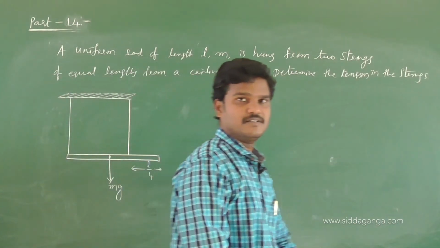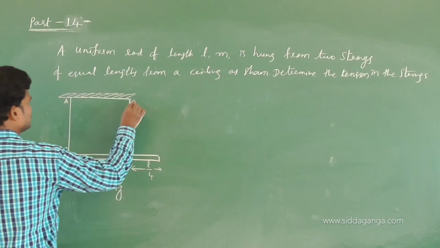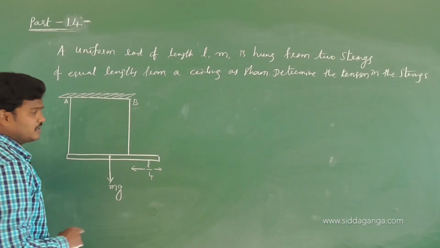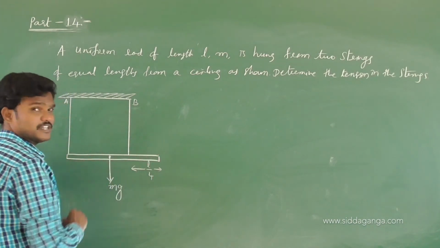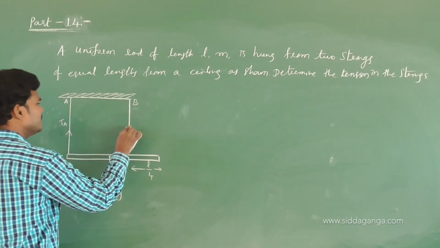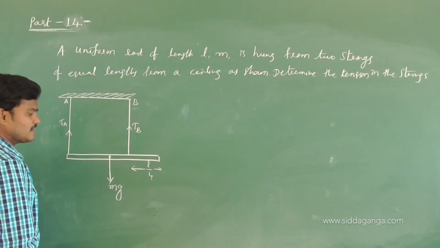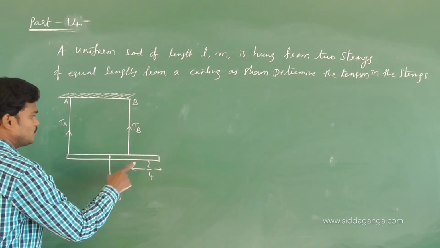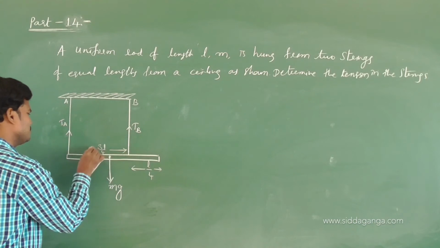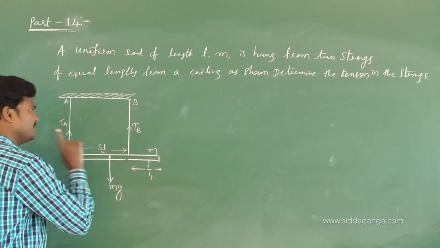Let us find the tension here. Let us suppose this is wire A, this is wire B, identical, but the tensions are different. Here the tension in the string is TA, here the tension in the string is TB. Weight of this rod will act downwards. And see, this is L by 4, and from here to here how much? 3L by 4. Total is L. M is mass.